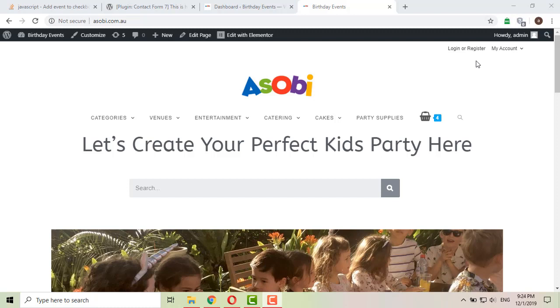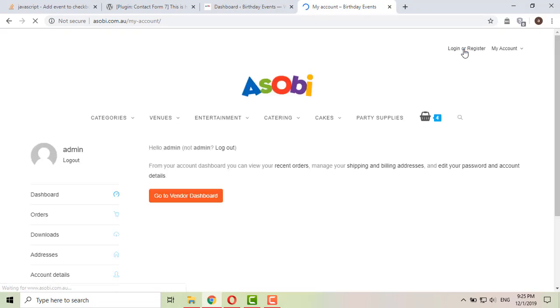First of all, when the vendor wants to register or log in to the vendor's dashboard, you will have to press the login or register link. Because we have already logged in as an admin, we will have to log out first.